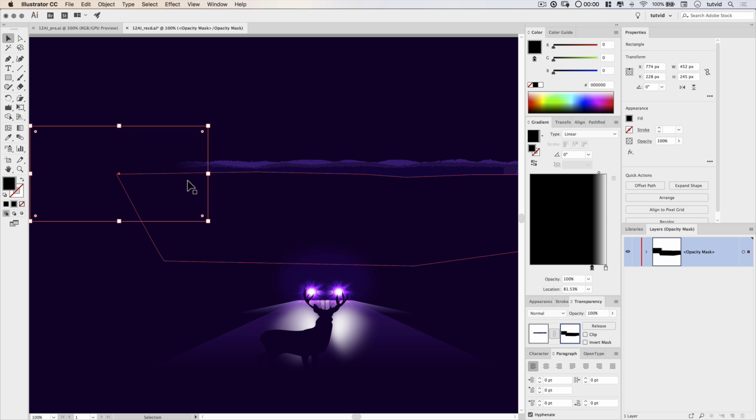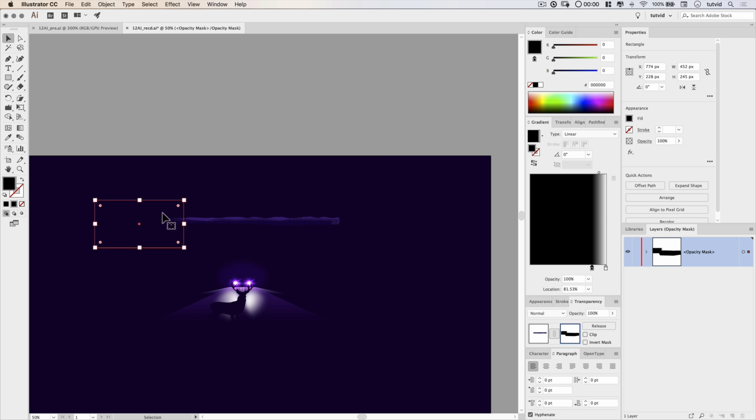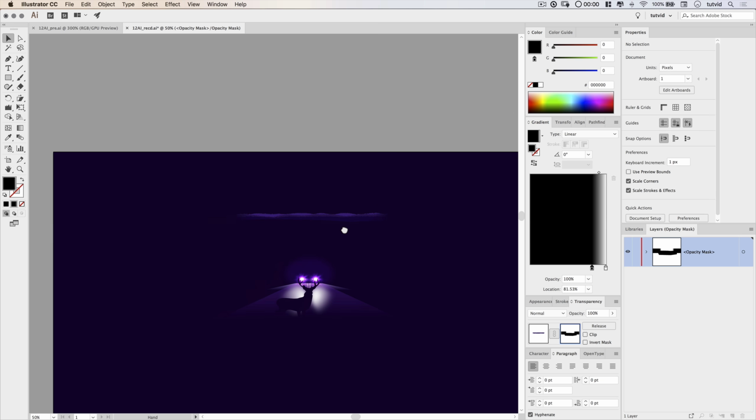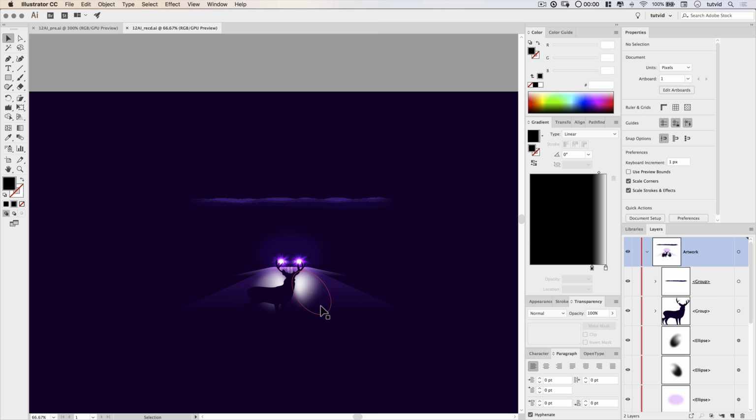Let's select this rectangle and drag a copy over to the other side of the horizon. So hold down Alt or Option, drag a copy right over here, and then just use that Flip Horizontal button in the Properties panel and just add the fade to the other side. And just like that, we get our trees. Now, of course, get out of the mask, select the artwork thumbnail in the Transparency panel. All right, I'm going to zoom out just a little bit.